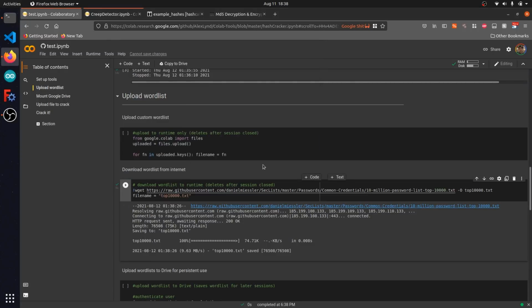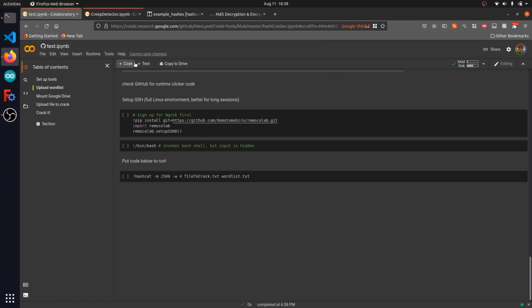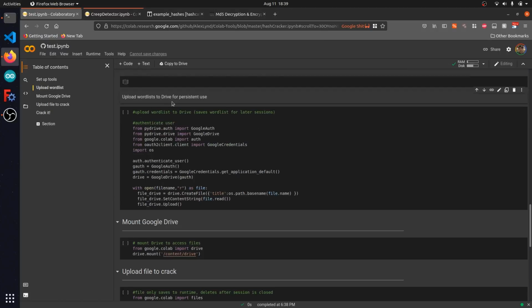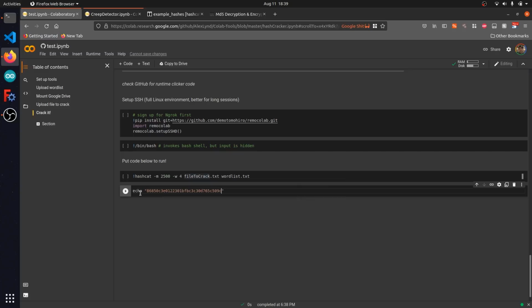So heading back to the Colab file, I'm actually going to scroll down all the way to the bottom and add a new code block. So what I want to do is save the hash and the salt into a new text file. So the way I'm going to do that is I'm going to run a Linux command called echo. So I'm going to run echo quotation marks, and I'm going to paste the hash that I just copied and use a delimiter to separate it from the salt. So I'm going to use colon banana. And the last step I want to do is pipe this into an output file, which will be